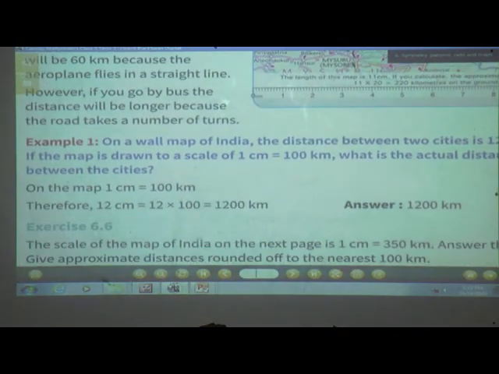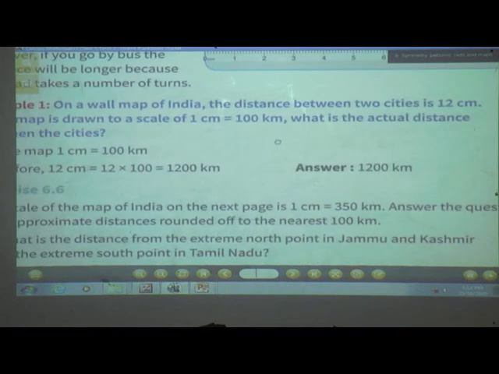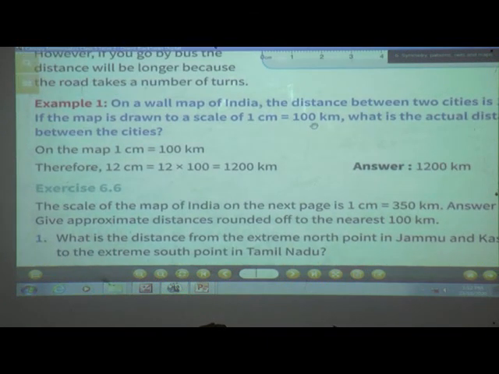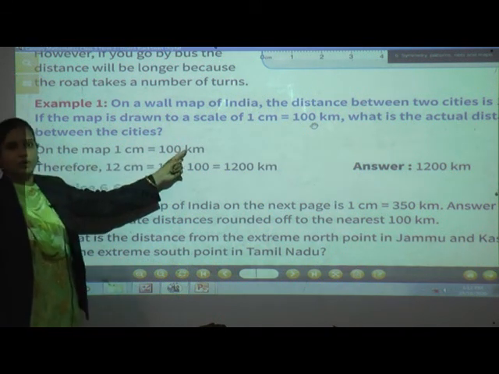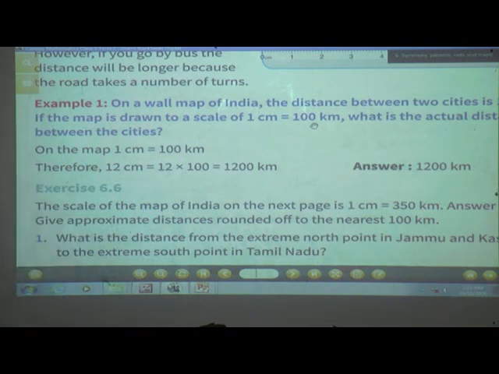Here is an example. On a wall map of India, the distance between two cities is 12 centimeters. If the map is drawn to a scale of 1 centimeter is equal to 100 kilometers, what is the actual distance between the cities? Now, here the scale is, on the map 1 centimeter is equal to 100 kilometers. Okay, therefore